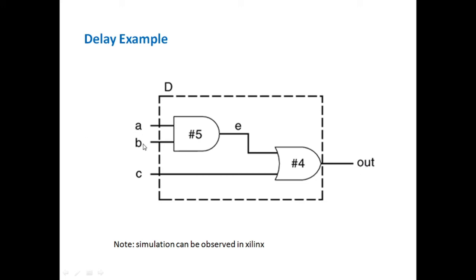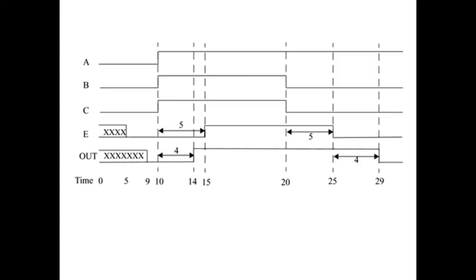Like if I give 1 1 1 here, then 1 will be the input for your OR gate. If one of the inputs of your OR gate is logic 1, it will simply ignore the second input, because if one input of your OR logic gate is 1, the output will definitely be evaluated as 1. So it will wait 4 seconds. The output will not be equal to C immediately. So let me check it here.